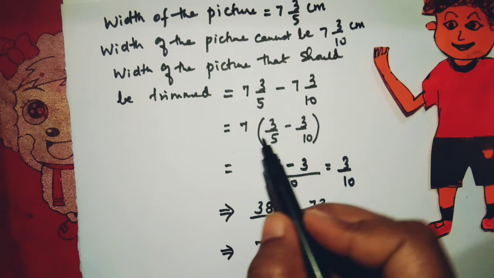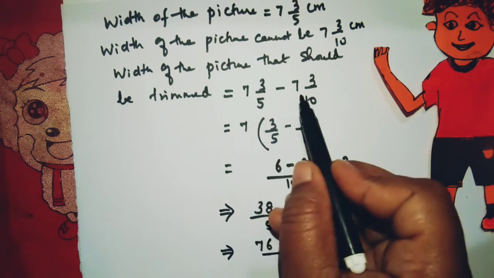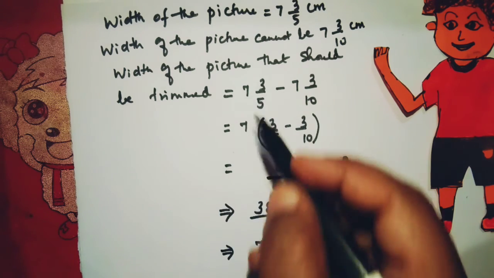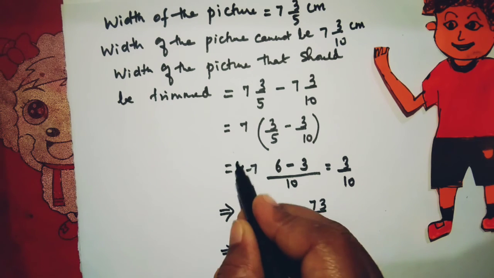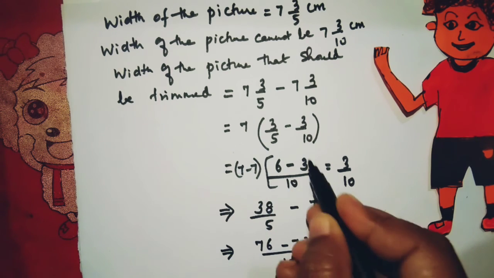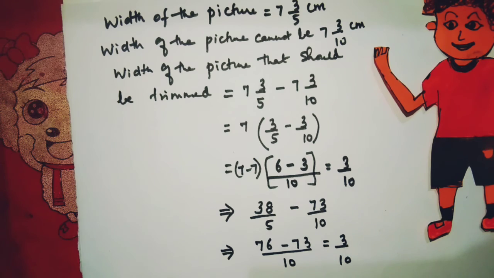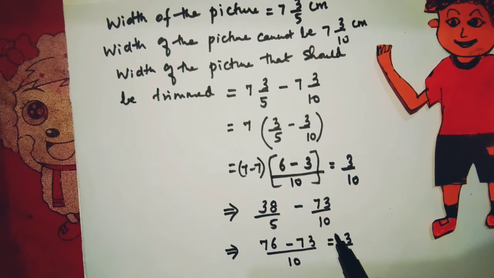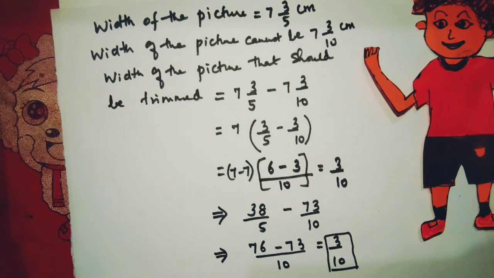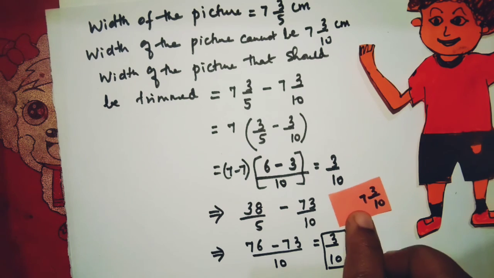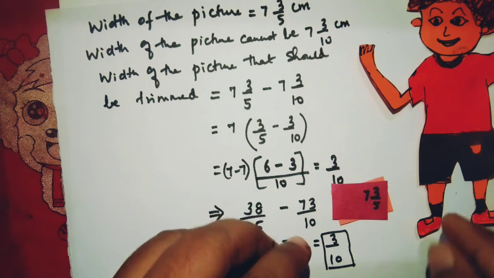Here we are going to subtract the 7 and 7. We are going to remove it outside. When it is addition, we will add. So now here it will be 7 minus 7. So we will not consider this. So now this only we are going to take. So the answer is 3/10 of the picture needs to be trimmed. So this is what you are going to get after you trim. Okay.